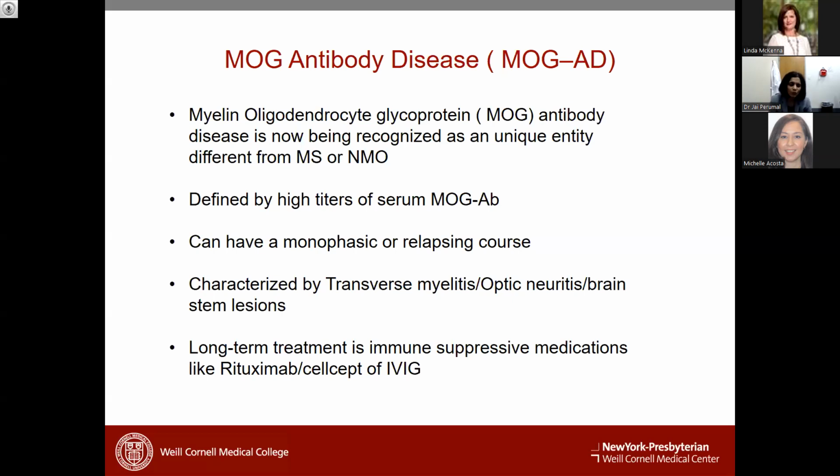The way you would diagnose this is not a one-time elevated MOG, because sometimes when there is a lot of acute inflammation in an MS lesion, you can have antibody for MOG positive. It is sustained, so you repeat it, and if it hasn't gone down and it's still high, that's when you would diagnose somebody as having a MOGAD or MOG antibody disease.